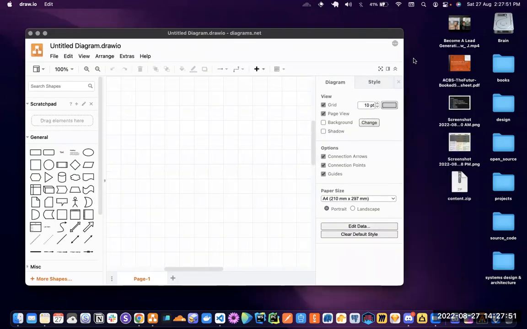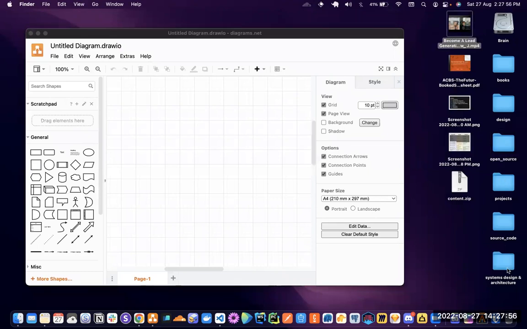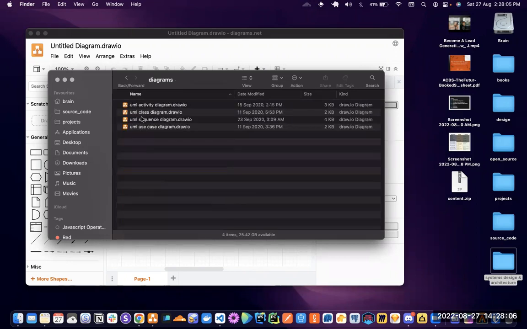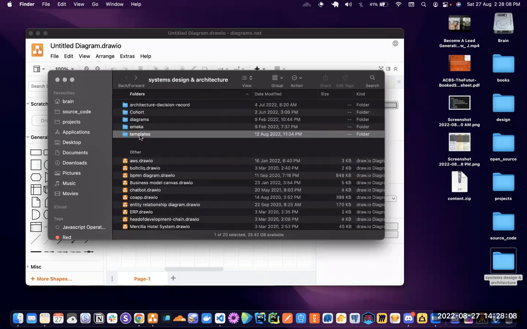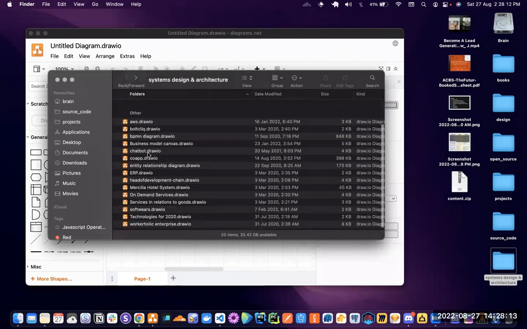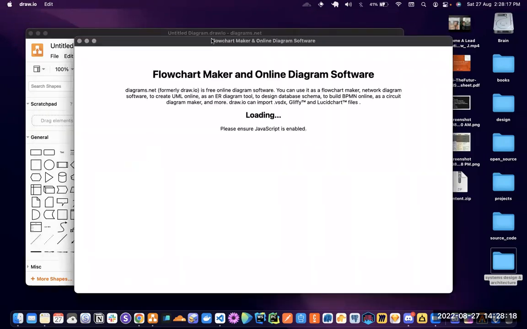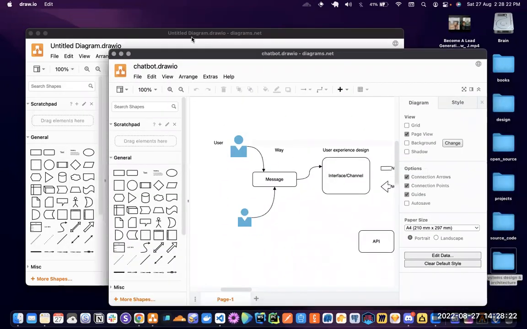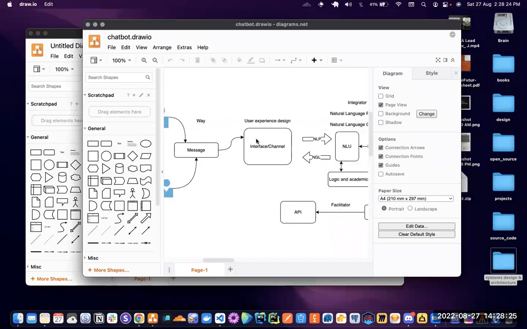I'm going to open a sample diagram I have here. Let's go to, I think I have that under systems design, architecture decision record, diagrams. Okay, so I think those are architectural diagrams. I was working on a chatbot implementation, just a prototype to explain a process to an organization, and this was what we came up